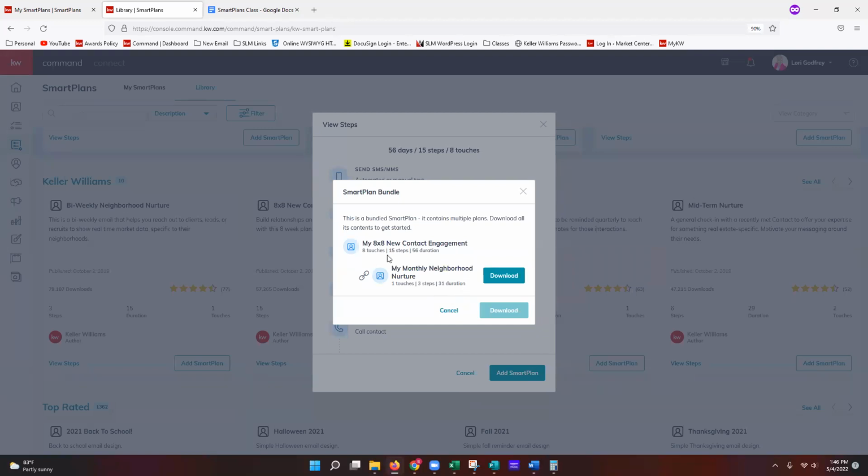And then by default, it will add my monthly nurture as well. So I'm going to go ahead and click on download, because the monthly nurture is a part of the 8x8. So in other words, because the smart plan is going to allow you to automatically have your contacts added to this plan, it's requiring you to also add this to your smart plans. So if I click on download,